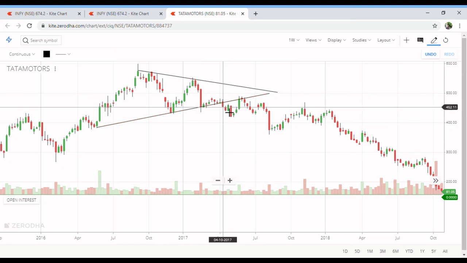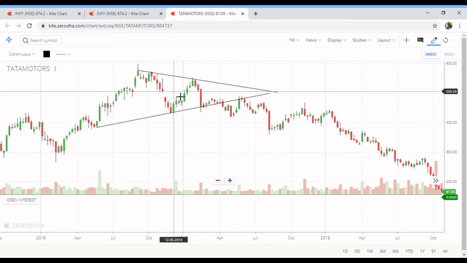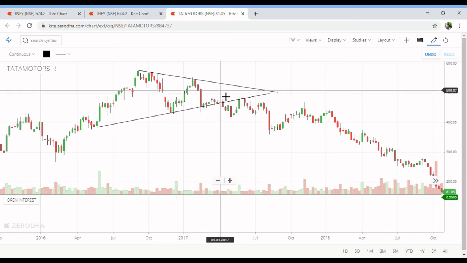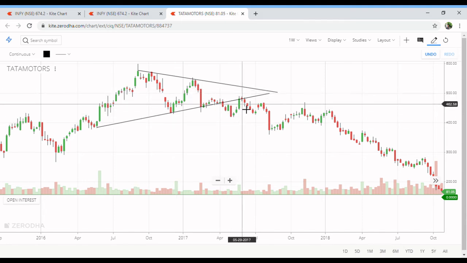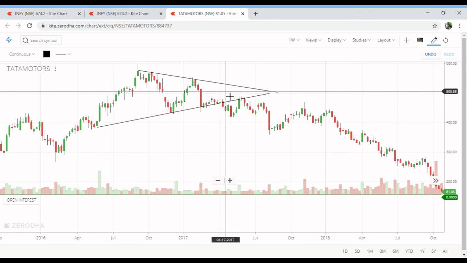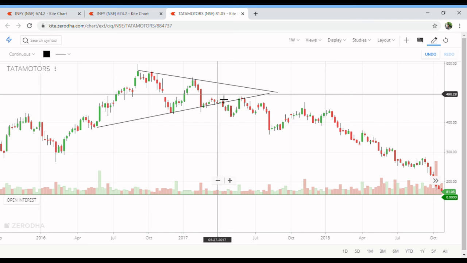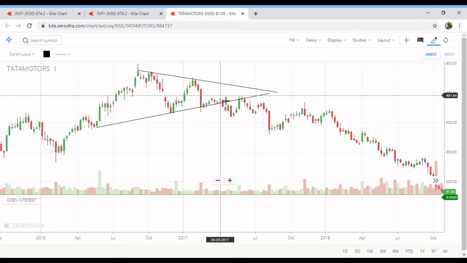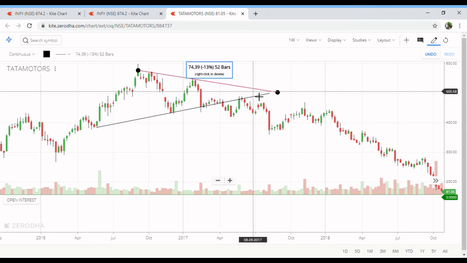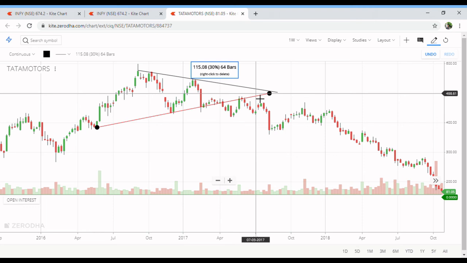Here you can enter, and the stop loss you should maintain is somewhere in the middle of this triangle. Because there can be a pullback, you should always maintain the SL somewhere inside the triangle pattern. It is also good if the breakout happens before about 70% of the triangle. If you get a breakout beyond that level, it's better to avoid it, because it might be a fake breakout.